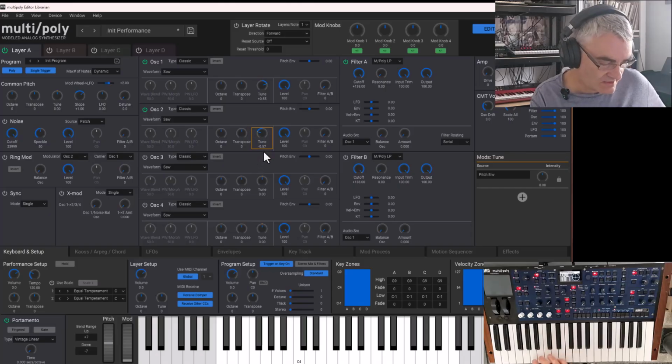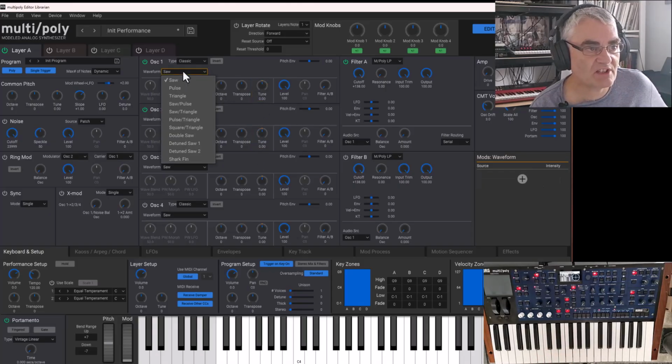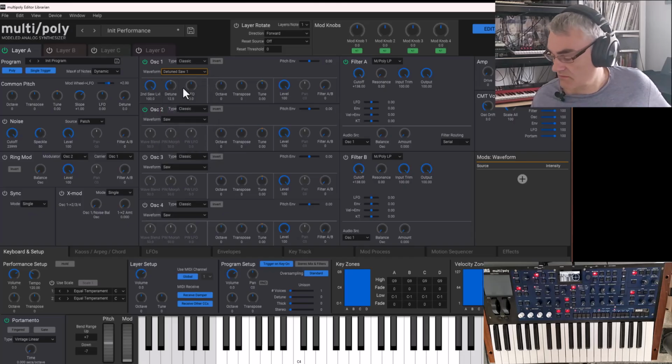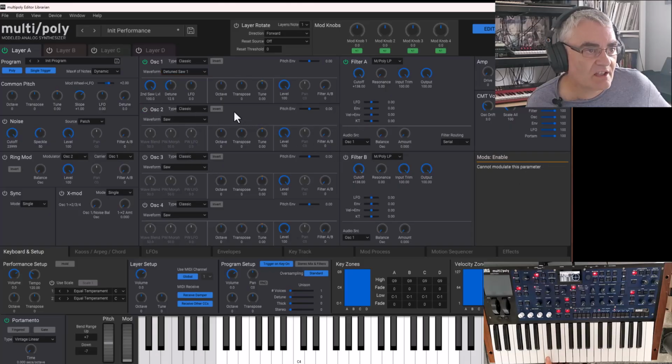You can get more extreme with it. But on the multi-poly, there is actually a detuned oscillator for you, which gives you that detuned effect in a single oscillator, leaving you 3 others available for something else. So there's our detuned one. We can manually select the levels and the detune amount, but what I'm going to do is use